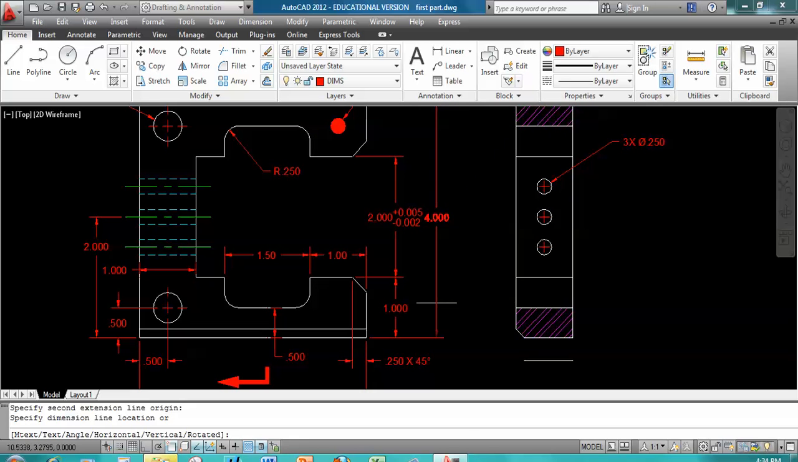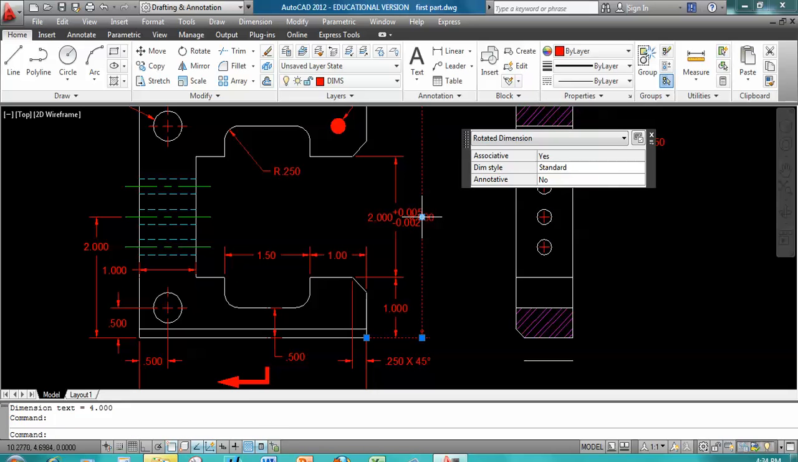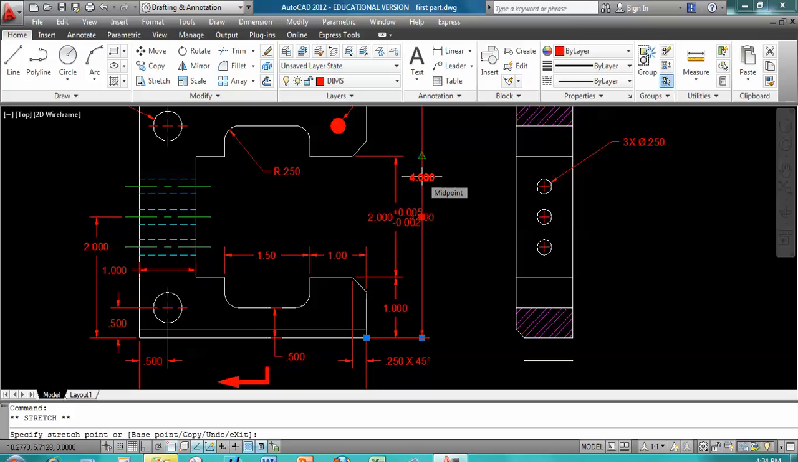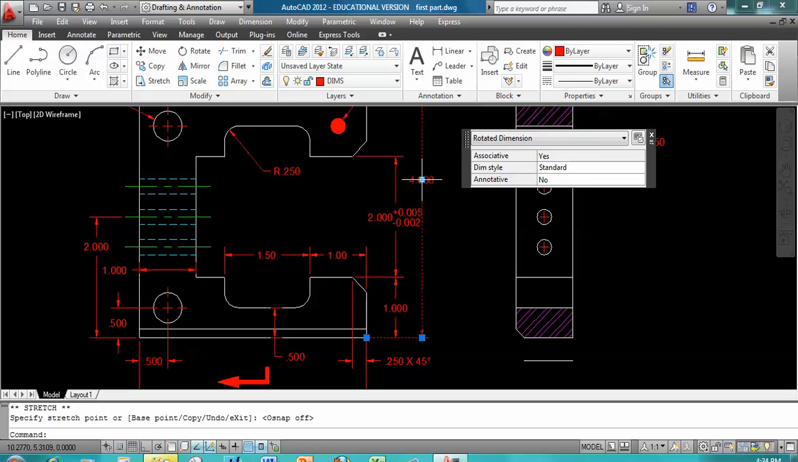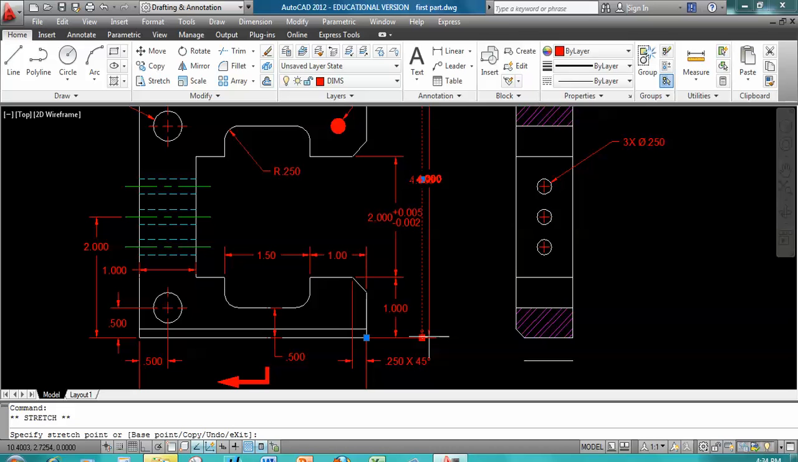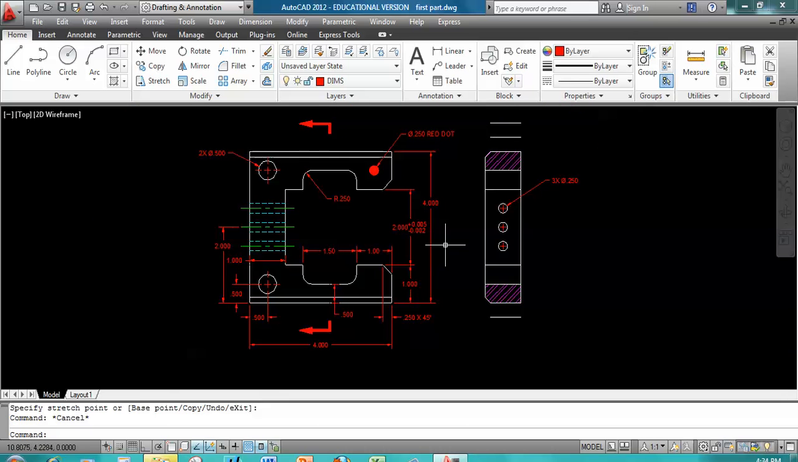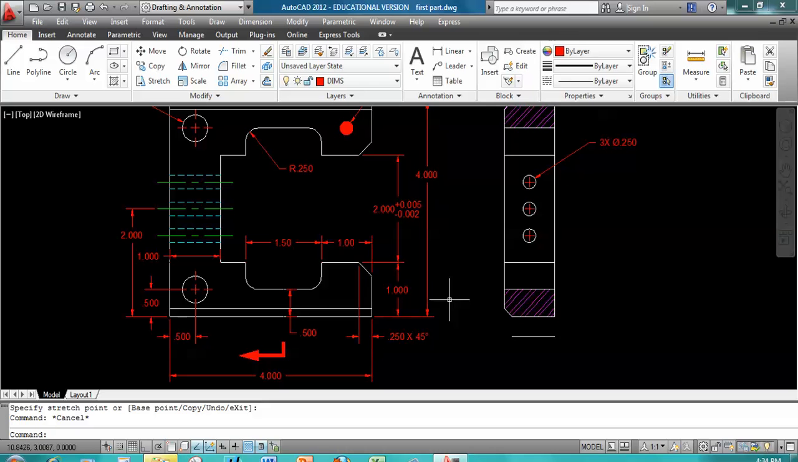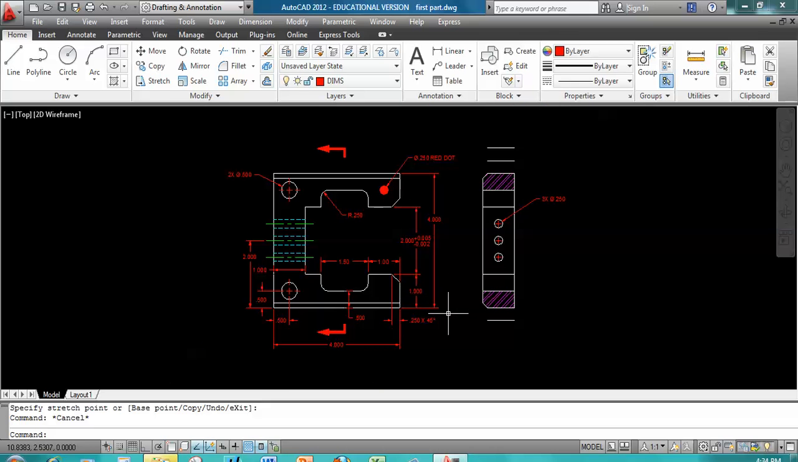And here we can place the dimension here, but then select the text and move it up. Turn off ortho F3, O snap. And here we need a little more space. So in any case, drawings should be dimensioned clearly, so the manufacturer who wants to build the object doesn't have